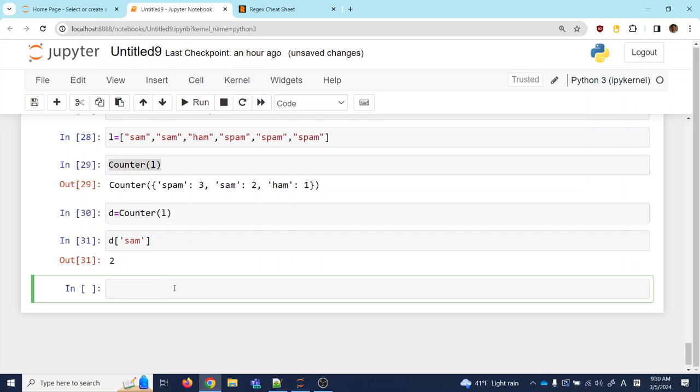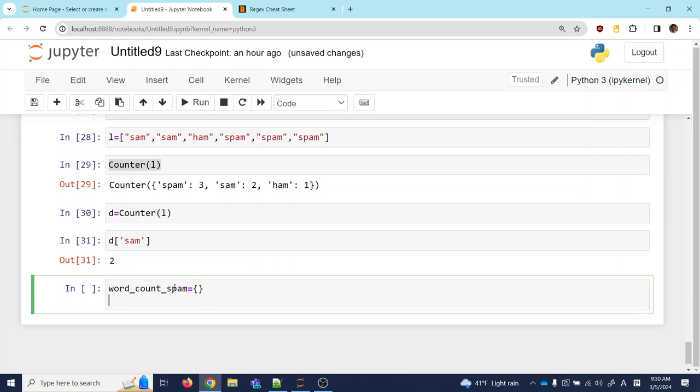All right, so knowing this, let's now continue going through all the emails that are ham and spam, and just build this word count. Okay, so I'm going to start with the spam. So word count spam equals to, I'll start with an empty dictionary. And then we're going to make sure all the vocabulary words are present, because some of the vocabulary words might only appear in spam or ham, so we're going to initialize. So we're going to do for word in vocab,